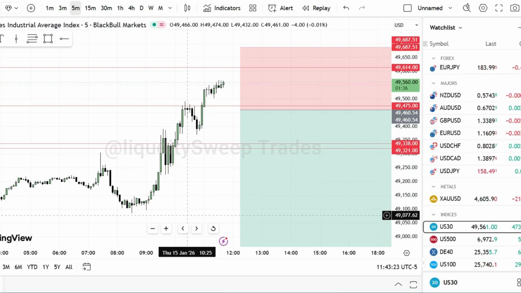Risk comes first before the reward. It's not actually reward first. So this move to the upside, I was not really bothered about it. That high there was formed on Tuesday. There could be high probability that could be the high of the week. I might be right, I might be wrong, but I don't want to overcomplicate